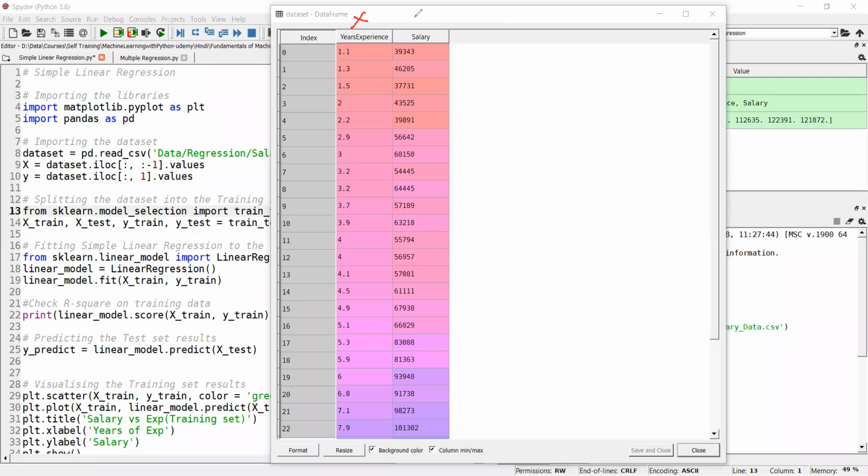This is X and this is Y. First, we split dependent and independent variable separately. Here we are having only one independent variable, years of experience, so X is having only one column. Going forward, X can have any number of independent variables. But there will always be only one dependent variable, which you are going to predict. Now, first we split X and Y.